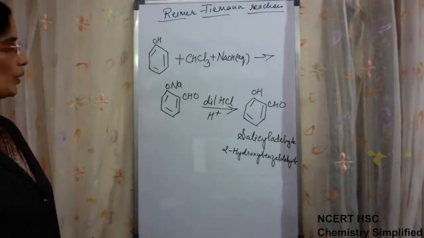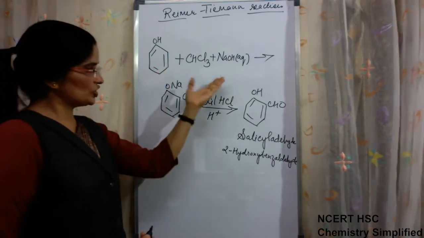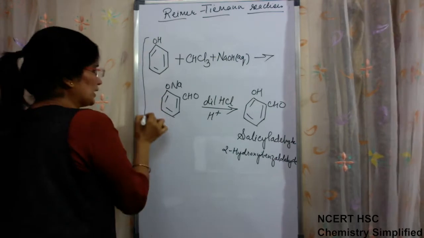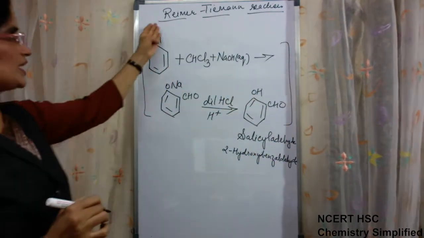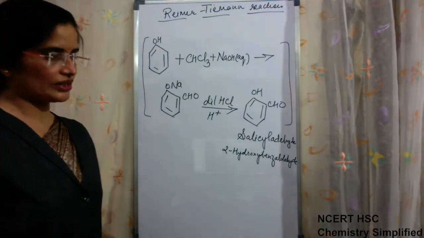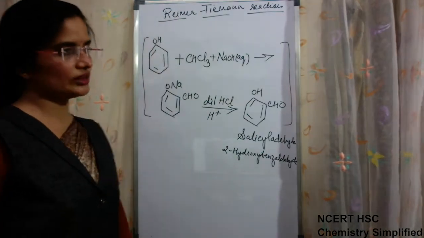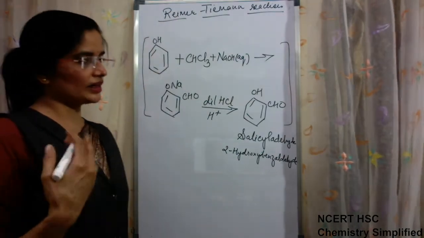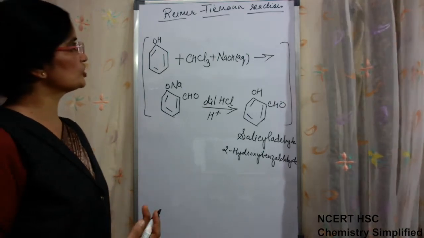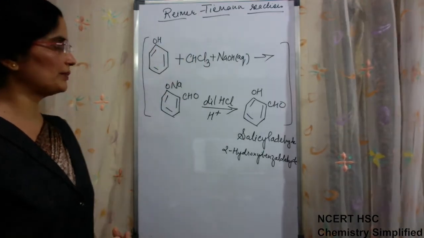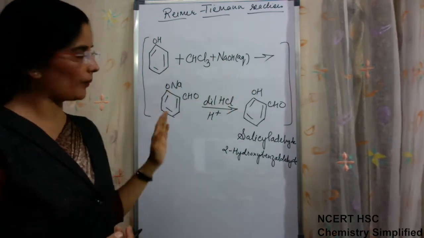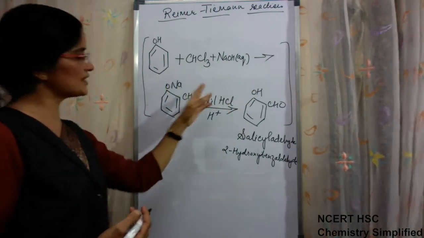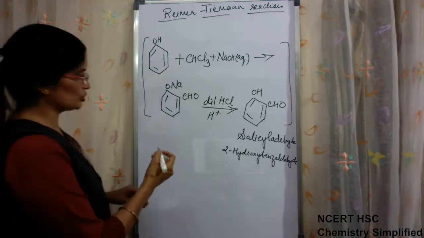Now the reaction that you have to learn and to write is this. Because Reimer-Tiemann reaction is an important reaction. First thing, it is a name reaction, and this is one of the important name reactions. That is why you have to remember it in this form. But how we actually obtain CHO here, we should know a little to understand that.